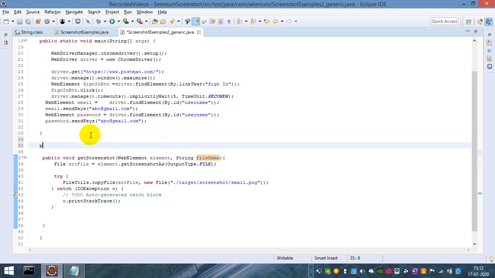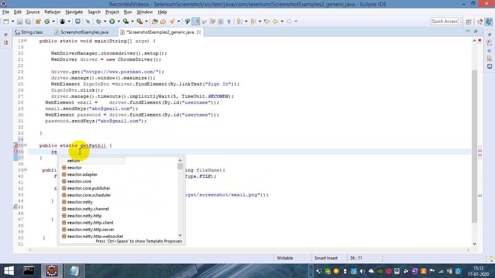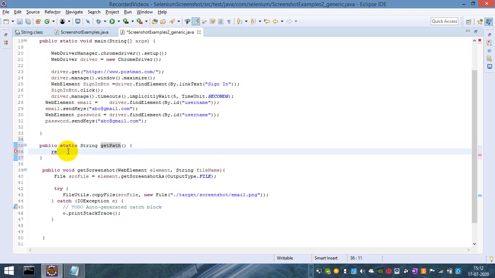Then I am going to create another method, let's say getPath, a String getPath, and this will return some path over here, so I need to define the path.